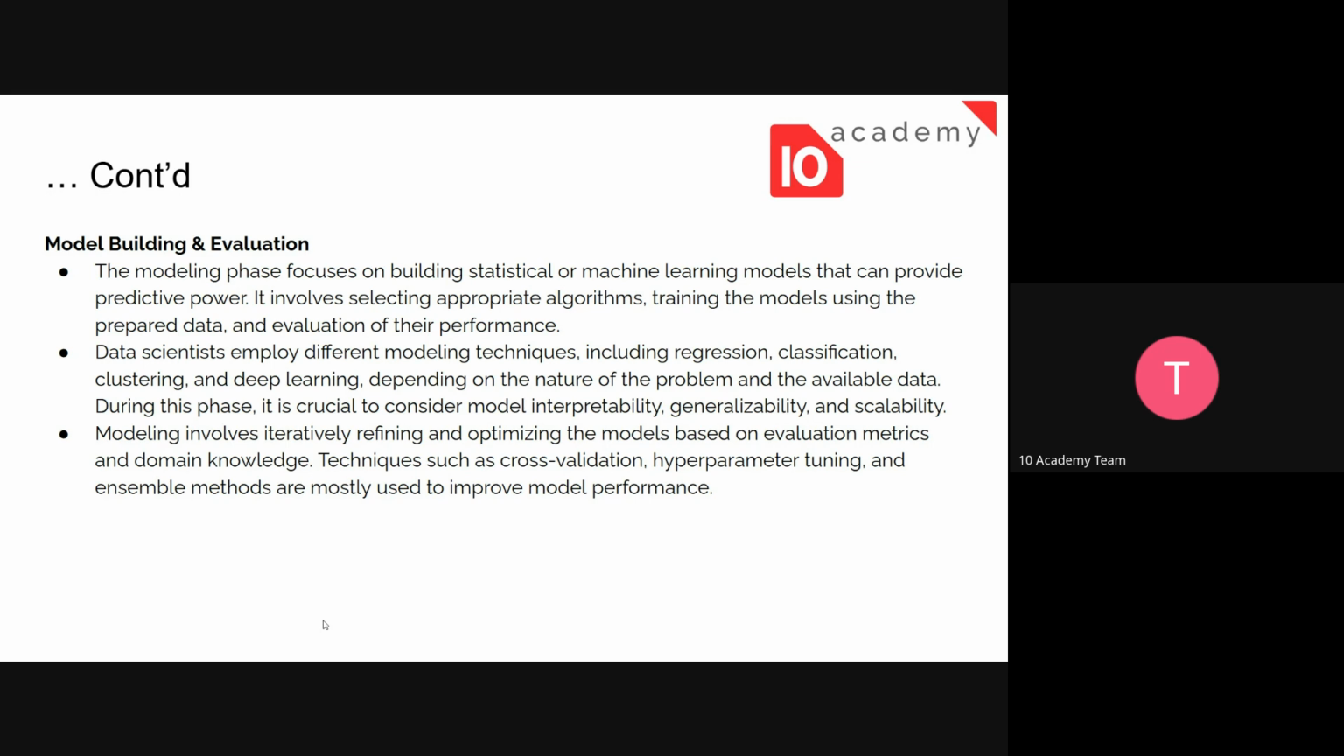By default there are different evaluation metrics like accuracy, precision, and recall that are already stated, and you can just use those types of evaluation metrics to compare your models. Techniques such as cross-validation, hyperparameter tuning, and ensemble methods are mostly used in order to improve model